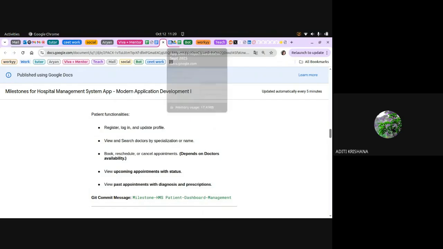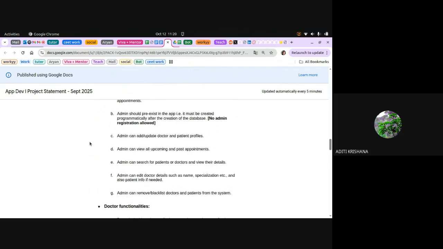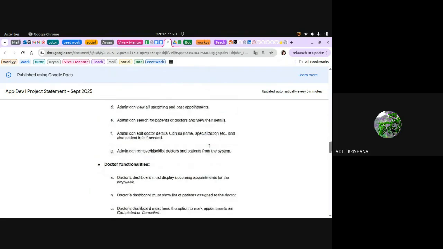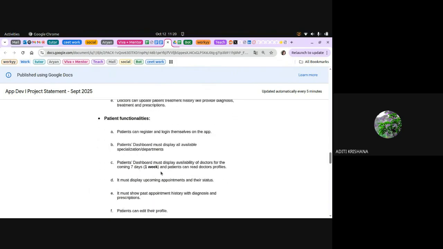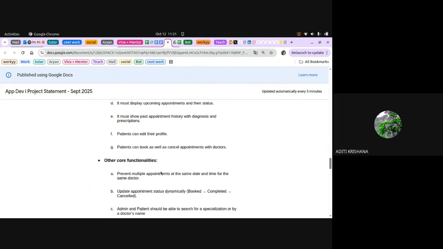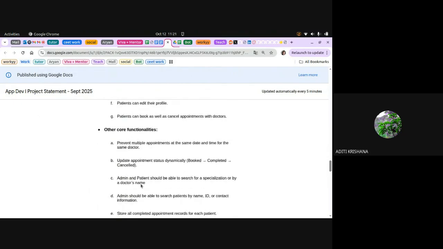Okay, let me see the core functionalities again. This part is pending. Okay, this I can only hope that you will be completing. After appointments are done, then we will be giving a check.